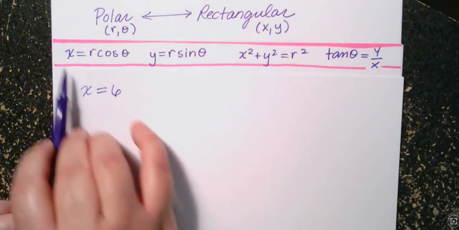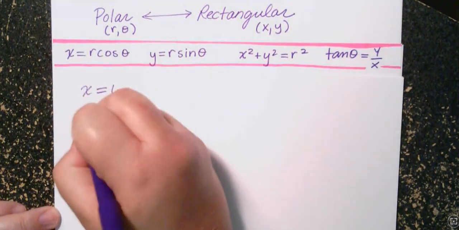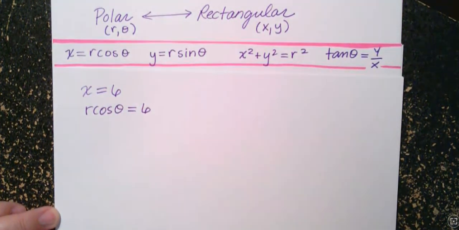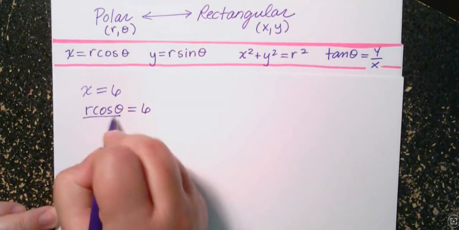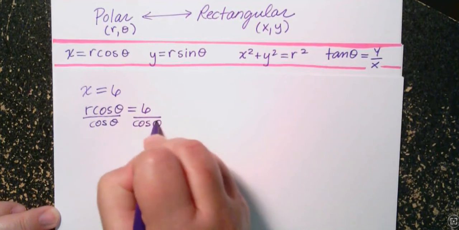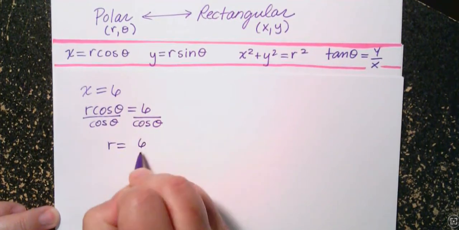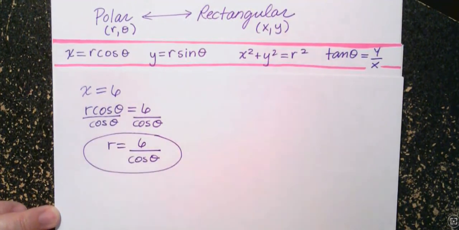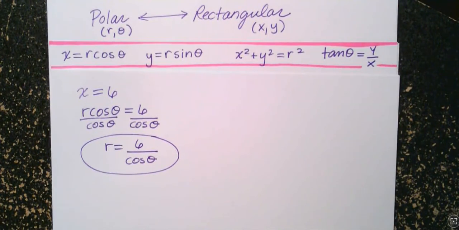Well, if I know that x is the same as r cosine theta, then I'm just going to replace that with r cosine theta. And then again, if I don't know anything else I want to do with it, I might as well get the r alone. That tends to be our standard ending point. And there is my answer. Okay. Next up,